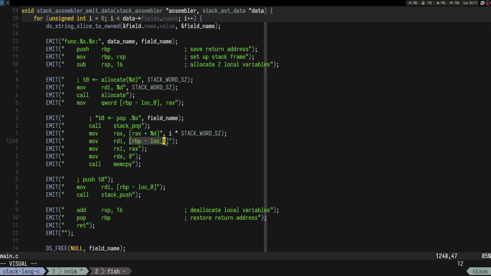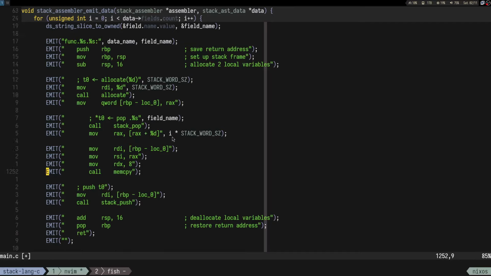So yeah, it could be the same. So if it's gonna work only with 8, I could do just, let's say I do this and something like this,